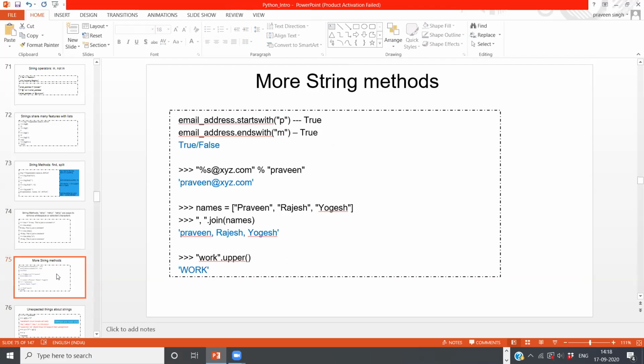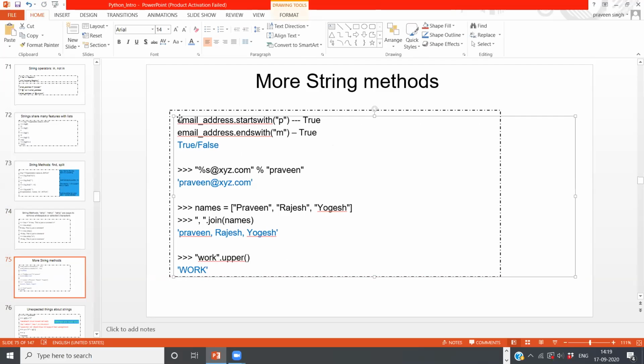Now there are some more methods which are named startswith and endswith. Let me quote this for you guys, at least, because this we have already done.